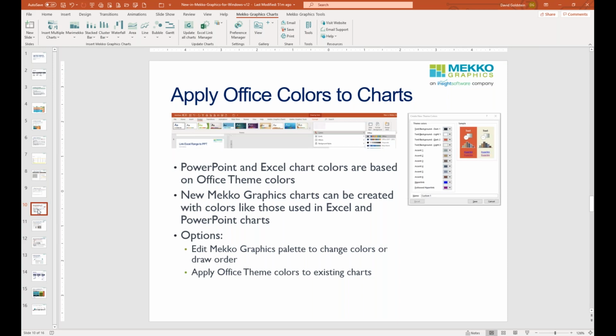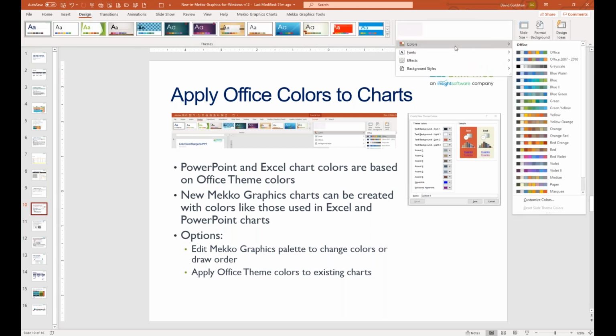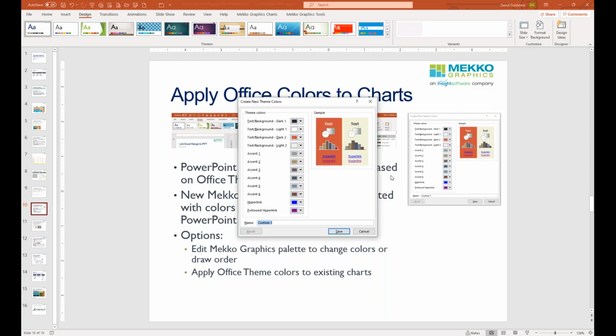So to do that, before we do that, let me just give you a little background on how Excel and PowerPoint come up with the colors for their charts. In Microsoft Office applications like Excel and PowerPoint, in the Design tab, you have the ability to see all of the colors, what PowerPoint and Excel call the Office theme colors. So if you click on Design, then Variants, then Colors, and then Customize Colors, you'll see this little